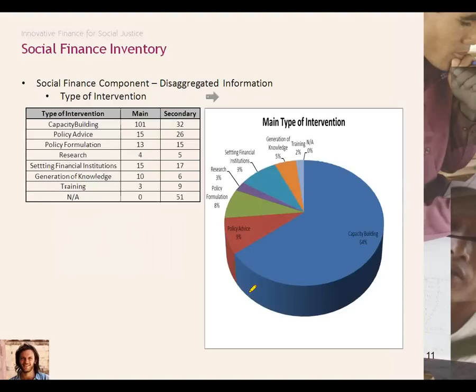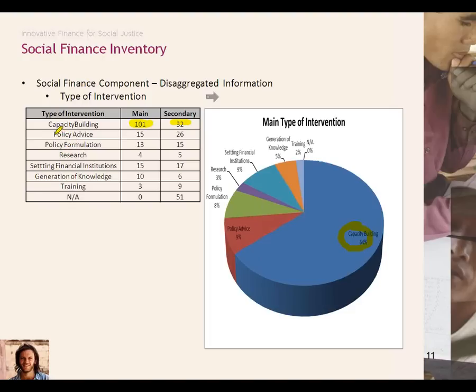So the disaggregated information here shows the absolute predominance of capacity building. The 64% we see here is the main type of intervention. But if we add the secondary type of intervention, we see that capacity building is nearly 80% of the total interventions. And it refers not just to facilitating access to financial resources for the target population of the project, but also to every sort of activity that links clients with financial schemes. This could be entrepreneurship skills, training, financial linkages, etc.